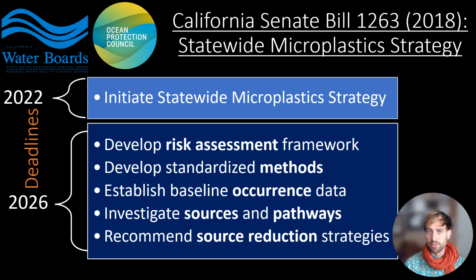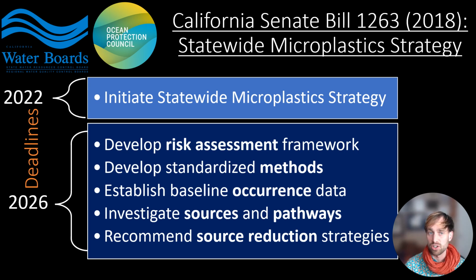The same year, California Senate Bill 1263 was passed, which requires the Ocean Protection Council and the California State Water Boards to initiate a statewide microplastics strategy by 2022. Included in the strategy is the plan to develop a risk assessment framework, standardized analytical methods for monitoring, establishing baseline occurrence data of microplastics in aquatic ecosystems, and figuring out how those particles are getting into our ecosystems, then recommending